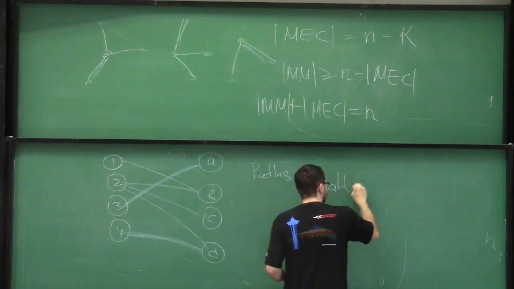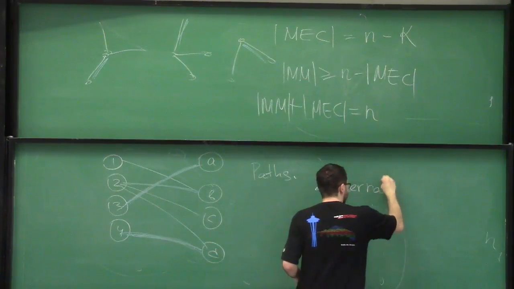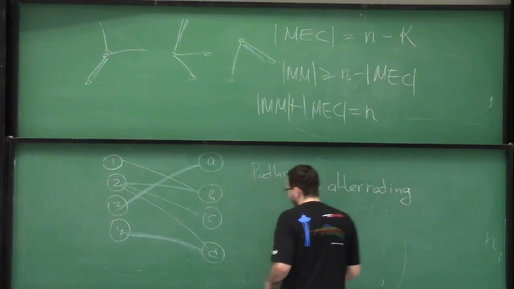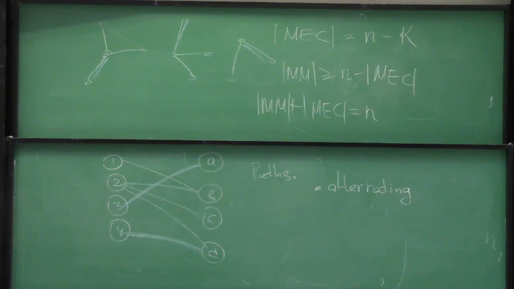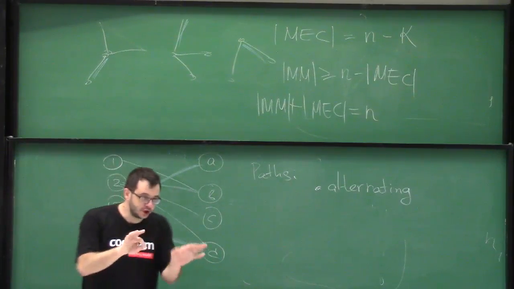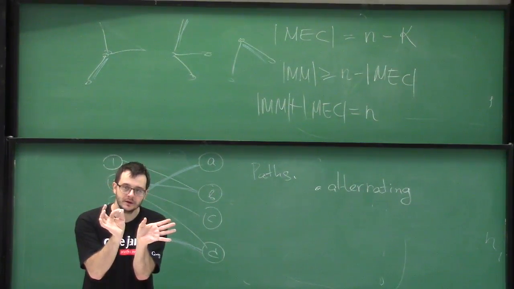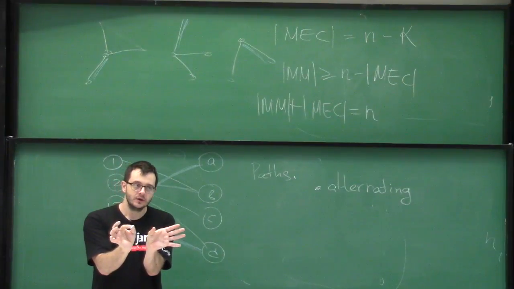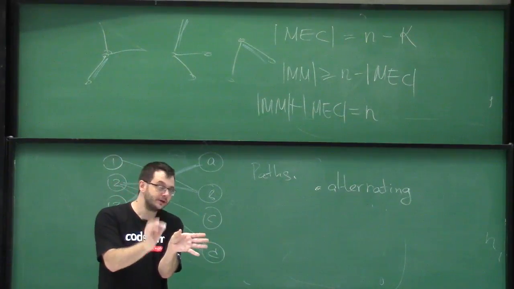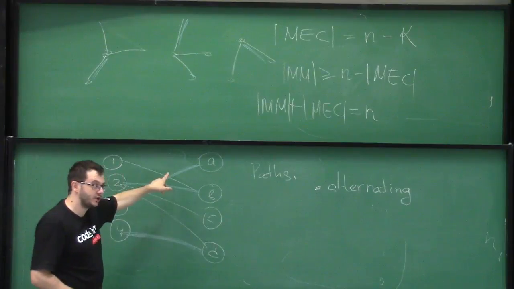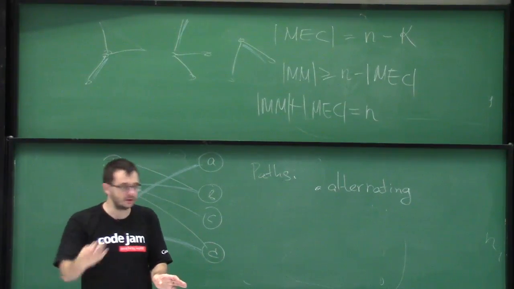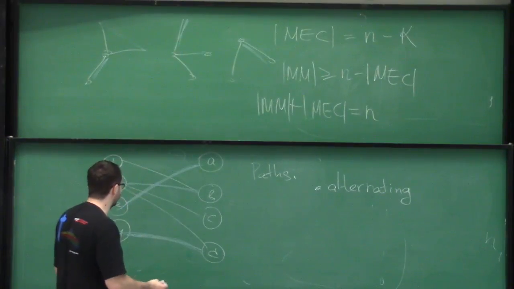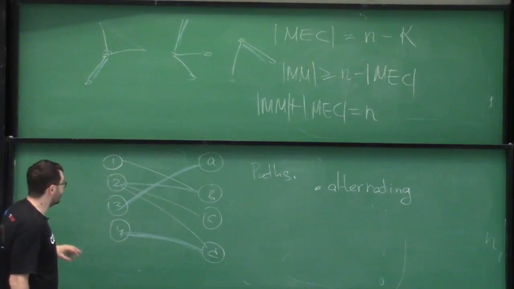alternating if, moving through the path, each two neighboring edges have a different type in how they belong to the matching. Belong and do not belong, belong and doesn't belong. So, for example,